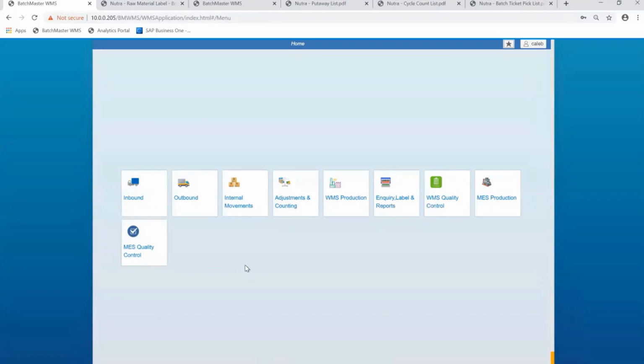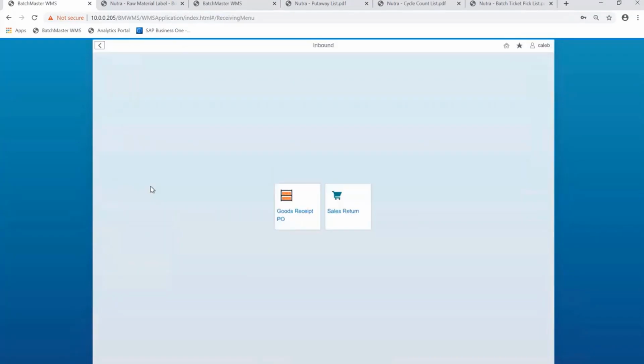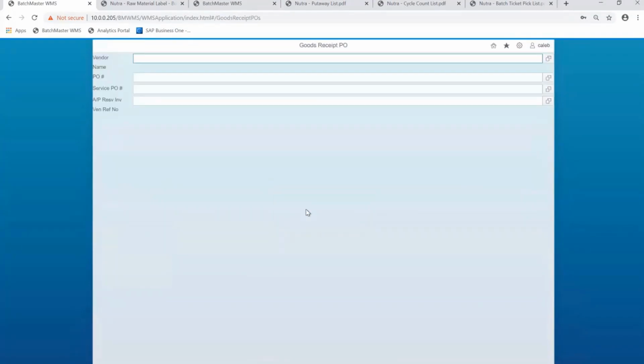So our WMS looks like this, and we're going to receive based on a purchase order that was previously set in the system, which will now execute from the mobile. This mobile, as you can see, is tile-based and device agnostic. In this case, I'm going to go into the inbound, the goods receipt PO, and then receive to the last purchase order